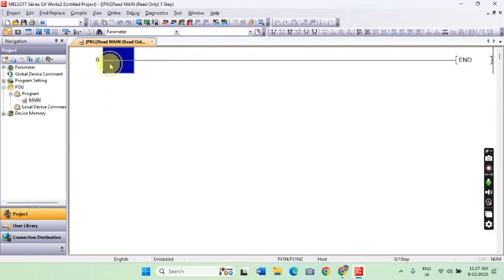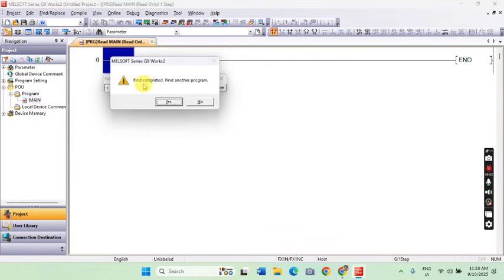Please notice on this part, I will try to add a new contact, then X0. And then there's a message, find completed, find another program. So what's the problem in this one? Let's try again to add. Maybe I just typed the wrong address.